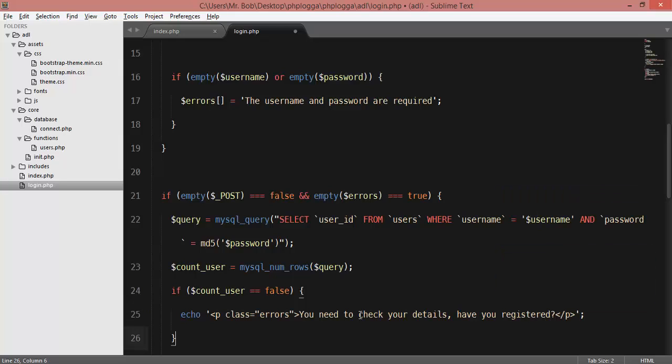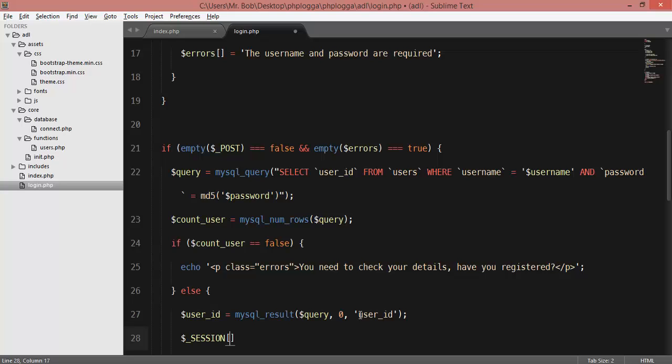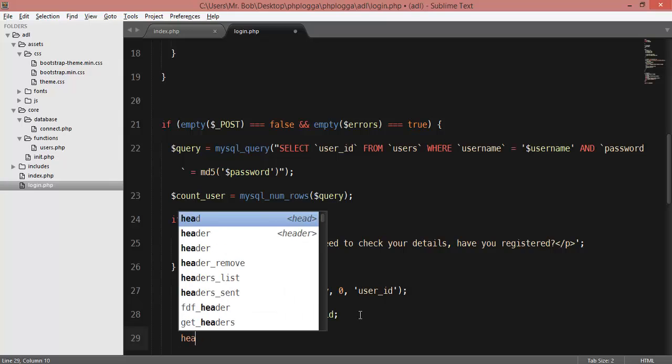Okay, and else user id mysql result query, that is user id, and then is null comma and session user id, okay. Again, I want to create header. For now is echo